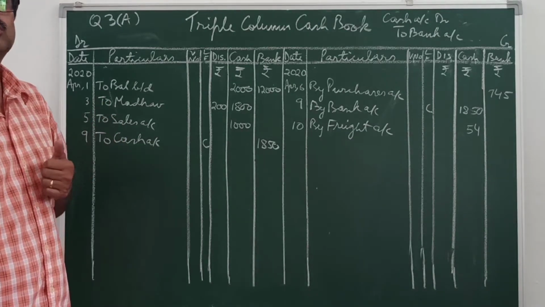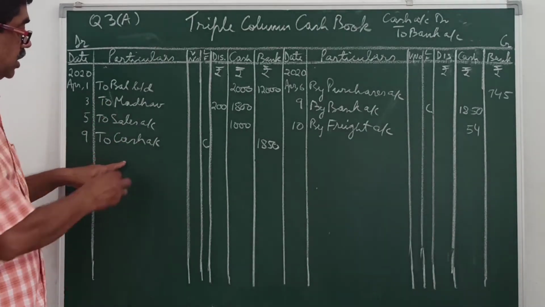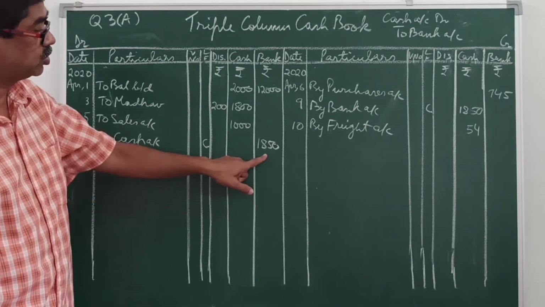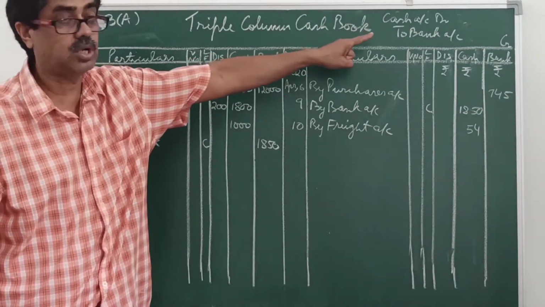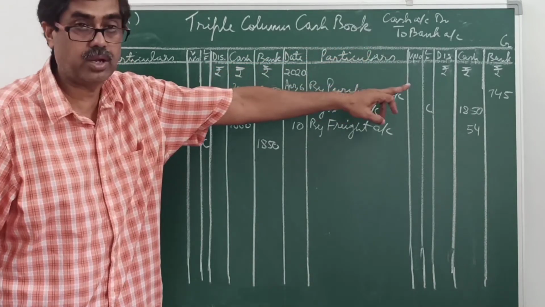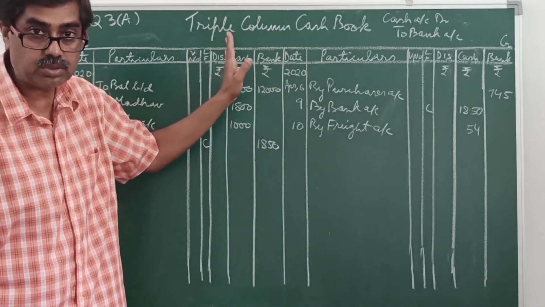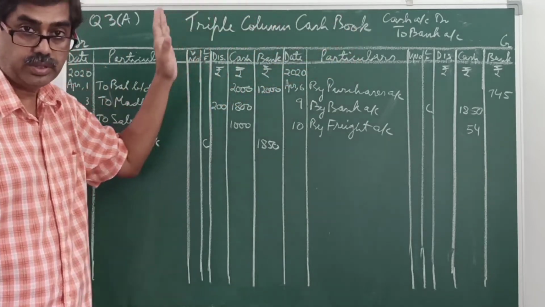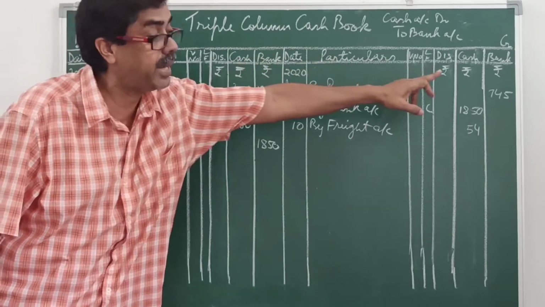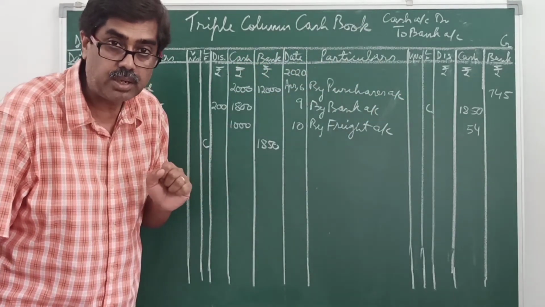Paid into bank is deposited cash. So we have done one example of contra entry, paid into bank or deposit cash into bank. Now for this one, debit the receiver. Cash is coming into the business, it is a contra entry, and who is giving? Bank account. Since we have both accounts in the cash book, the posting will be on the debit side as well as the credit side in the respective cash column and bank column. Thus it completes the double entry system.